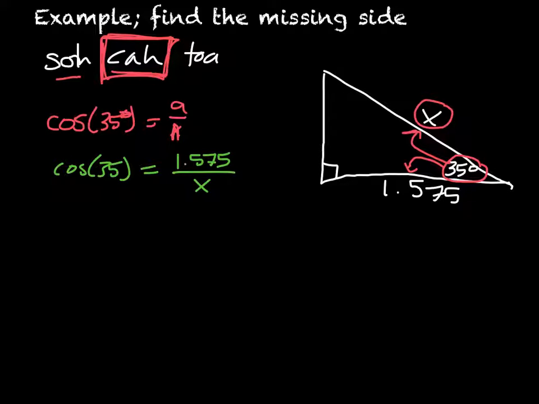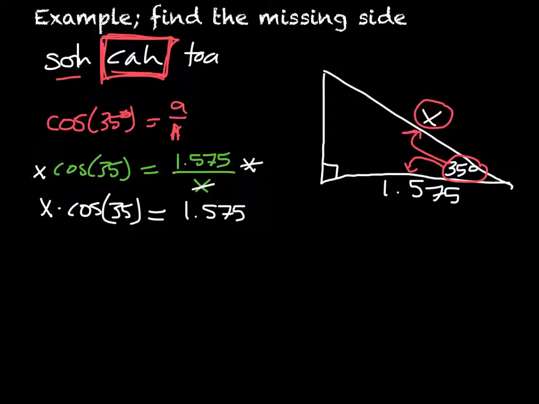So on this one, I'm going to multiply by x first so that I can get rid of the denominator. So now I have x times the cosine of 35 degrees equals 1.575. Now, I type cosine of 35 into the calculator and I get roughly